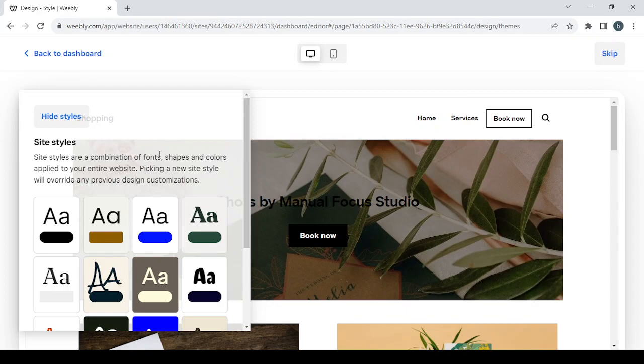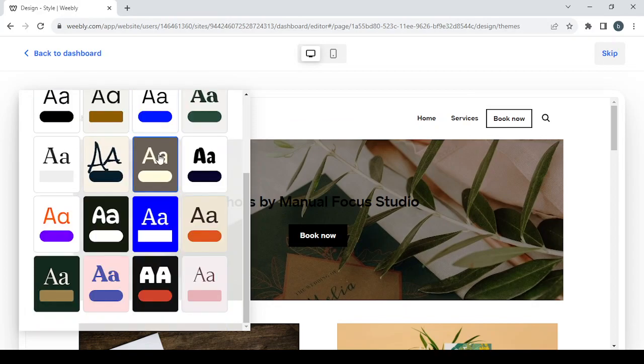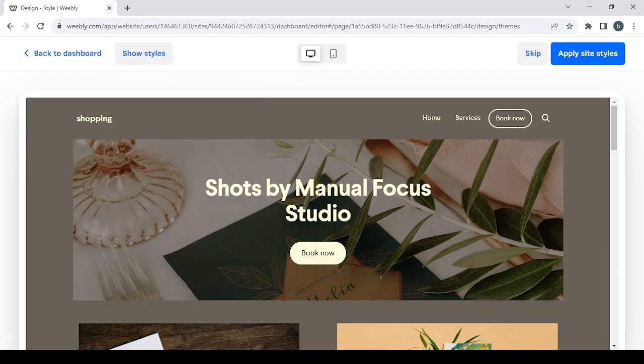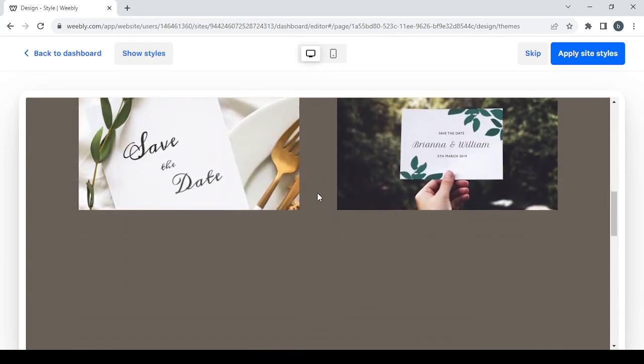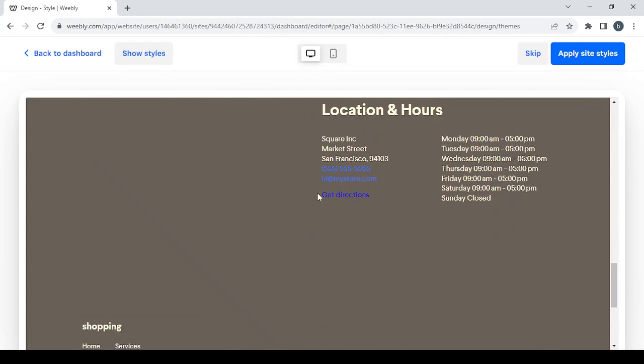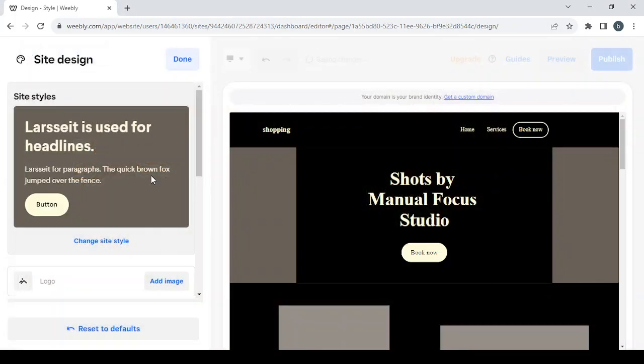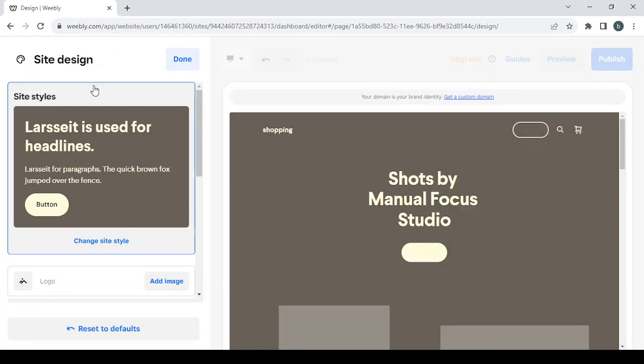So let's choose one of these styles to see what fits our store. So I'm going to go with this one and hide styles. Let's check. So I think this style will do just good. Click on apply site styles, and then you proceed to the site's design, where you can again change the site